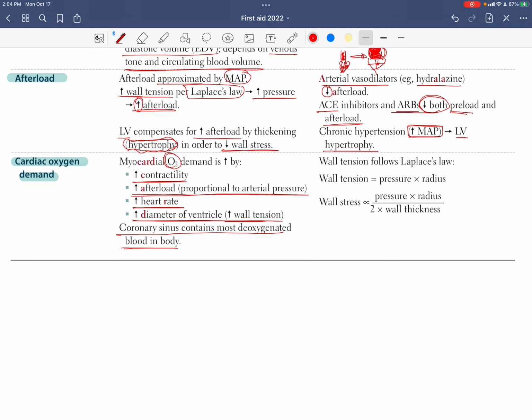So the coronary sinus contains the most deoxygenated blood in the body. We already mentioned that in the previous page. Wall tension follows Laplace law. So the wall tension equals pressure by radius, and wall stress